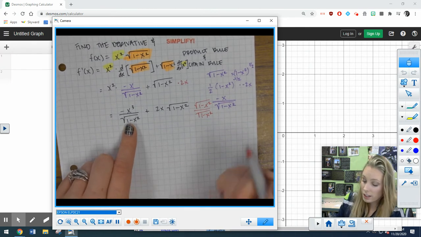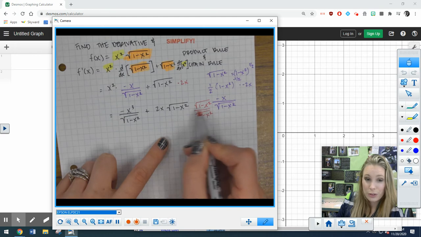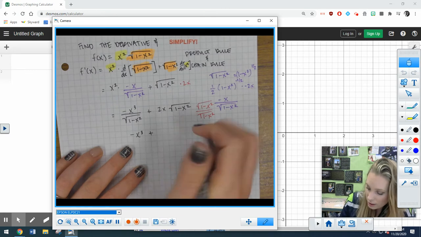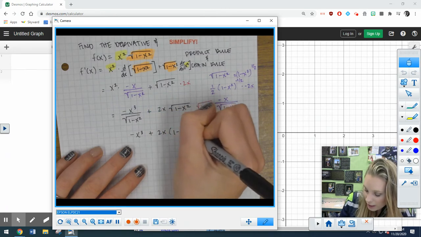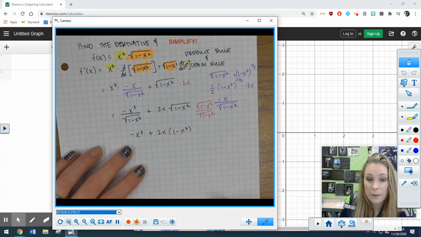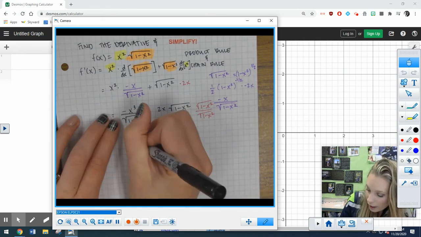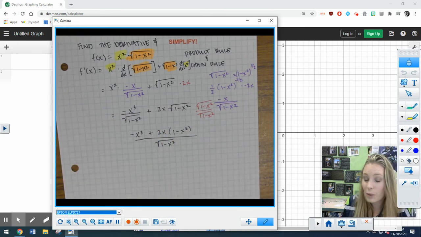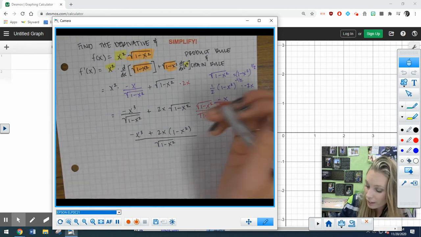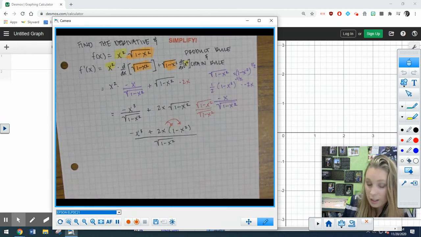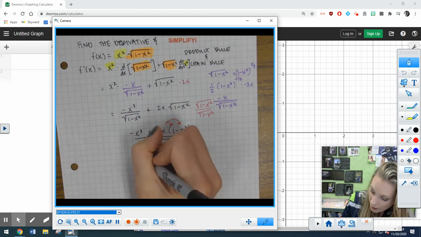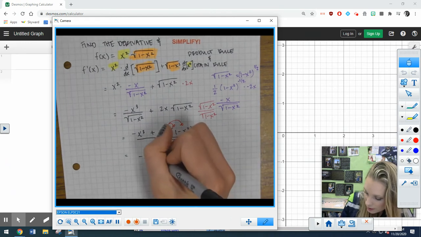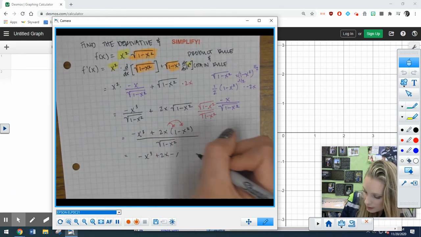What happens then is this 1 minus x squared times the square root of 1 minus x squared, the square root cancels out. And so I have negative x cubed plus 2x times 1 minus x squared, because our square roots cancel out. And now that we have a common denominator, I can put everything over the square root of 1 minus x squared. We're almost done. We almost have this simplified. Let's go ahead and distribute that in. So we have negative x cubed plus 2x